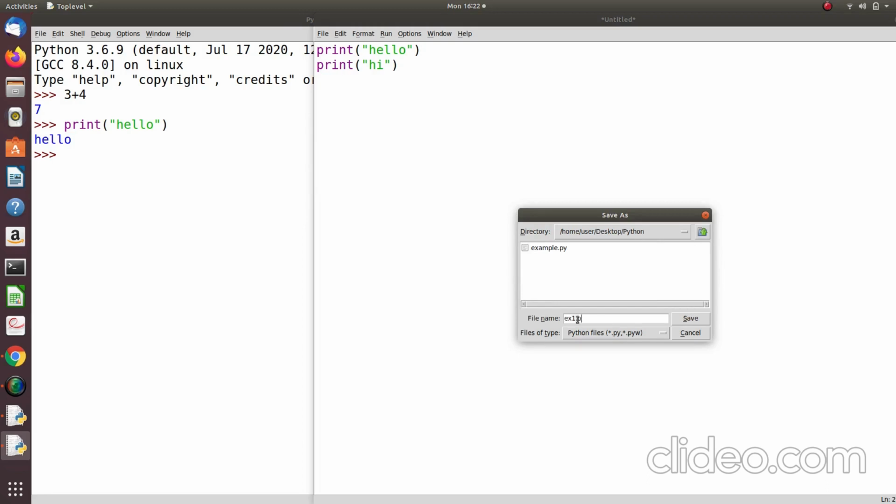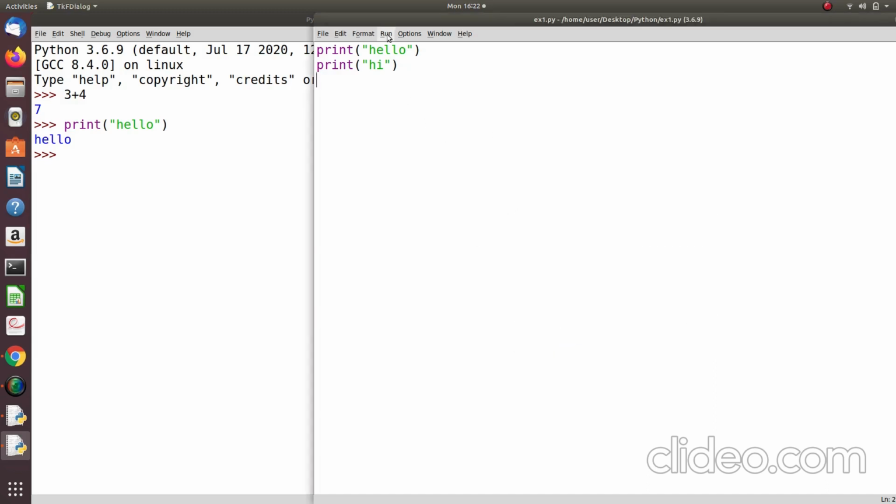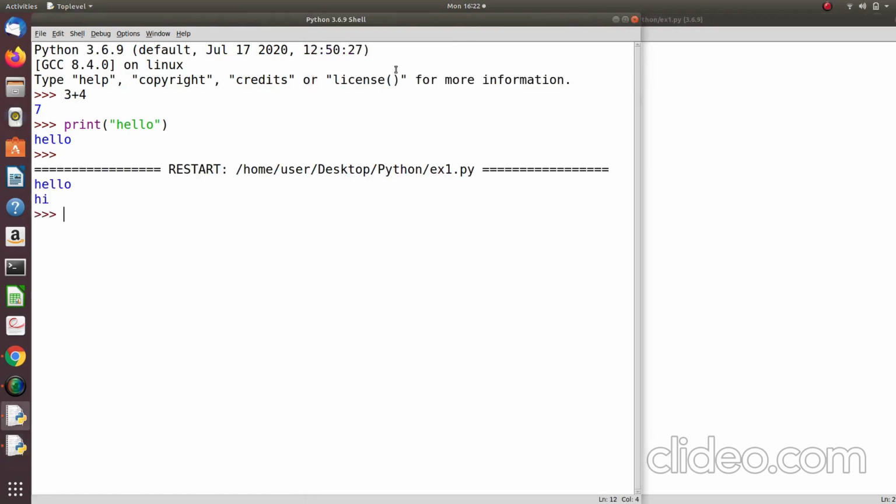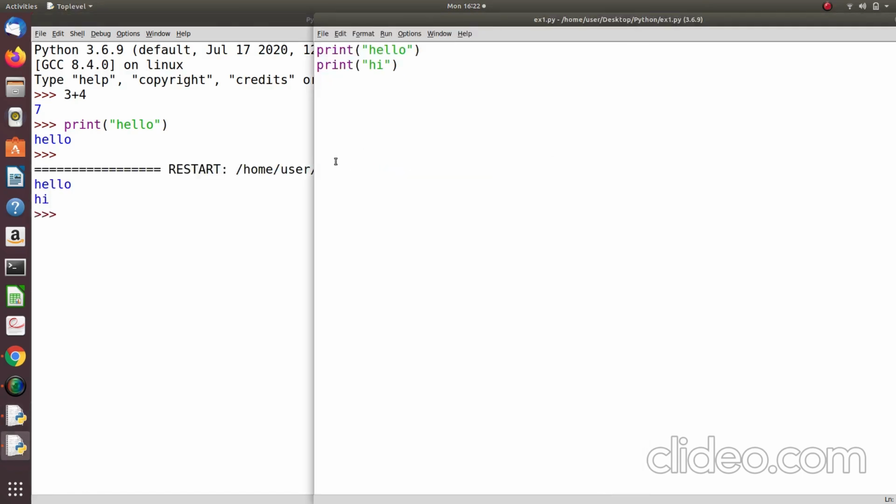I gave this the name example1.py. Here also we mention the .py extension and save it, and you can run it here. When you run it, the output will be displayed in this Python shell.